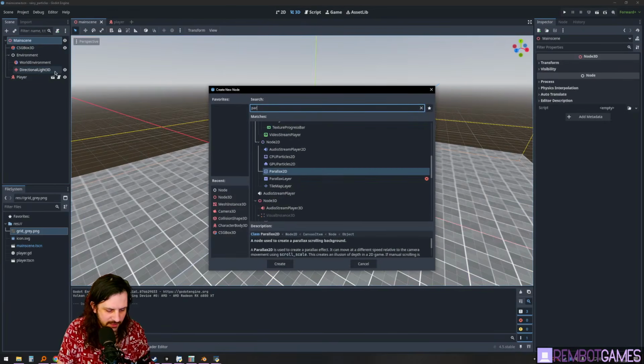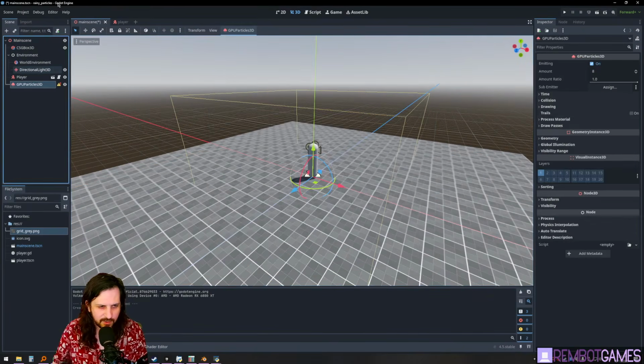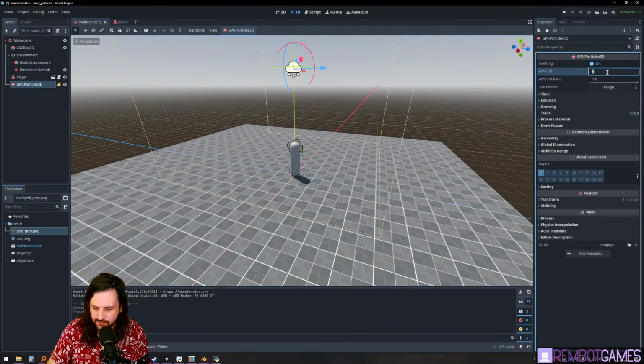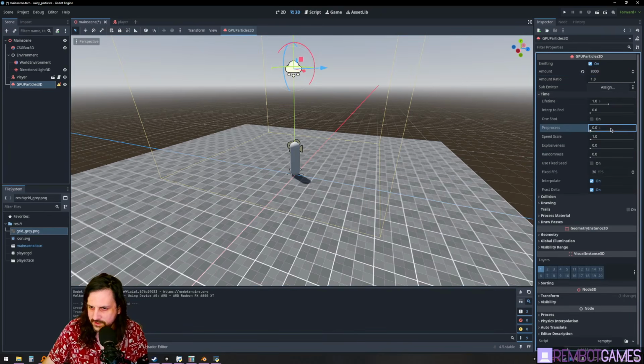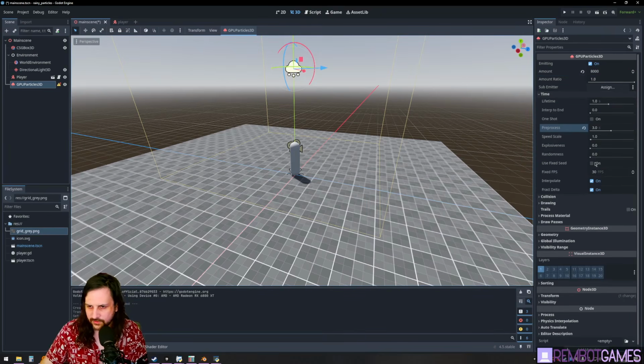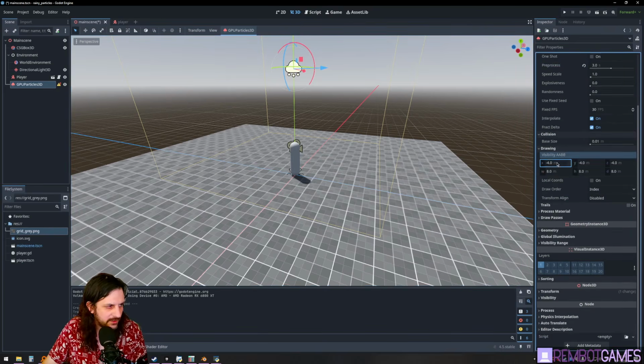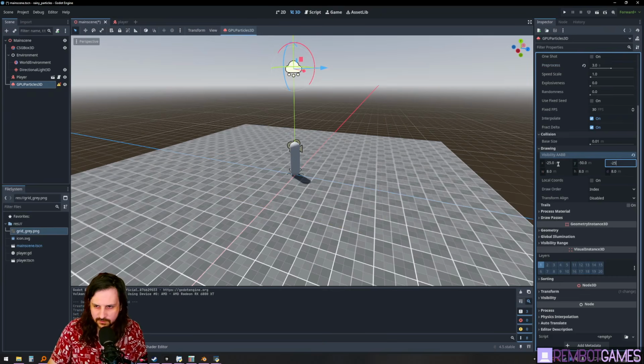So I'm going to add a particle, GPU particles 3D. I'm going to move that up a little bit, change the amount to 8,000. Yeah, 8,000. All of these settings except for pre-process, we're going to make 3 seconds. Drawing is an important one right here. Collision we don't need to worry about just yet, but negative 25, going to negative 50, negative 25, and then